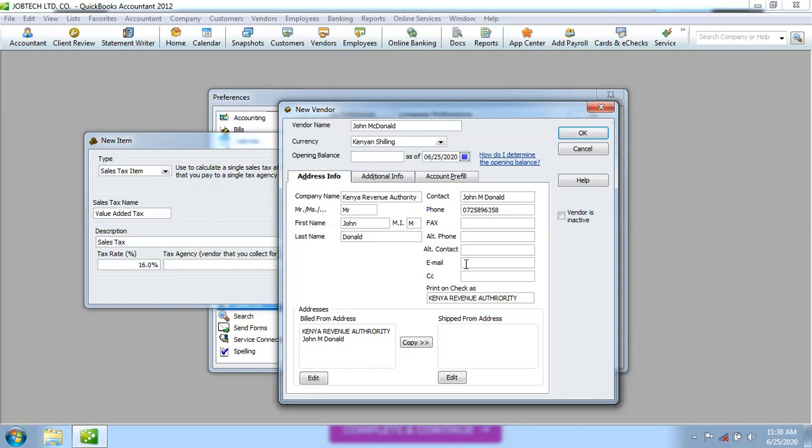Let's email. We can say KRA at info dot co dot KRA.com. So let's say that's the email. If you have any other alternative contacts, you can add them right there. And then let's come here, let's enter the,